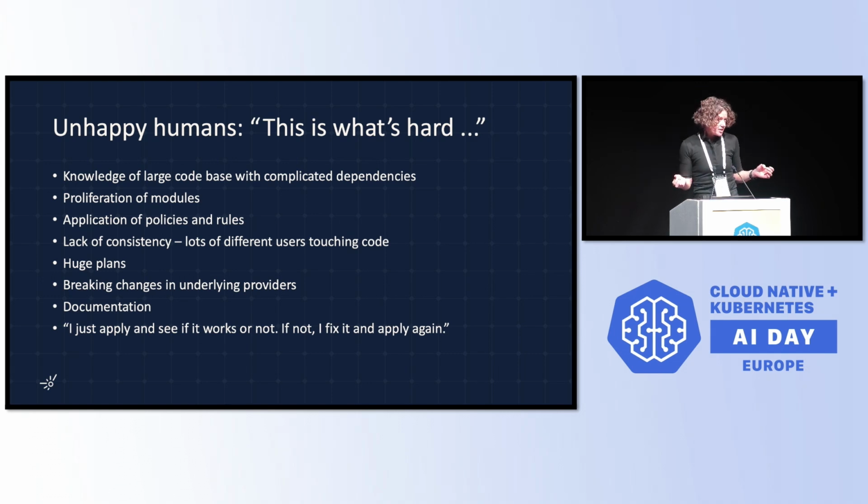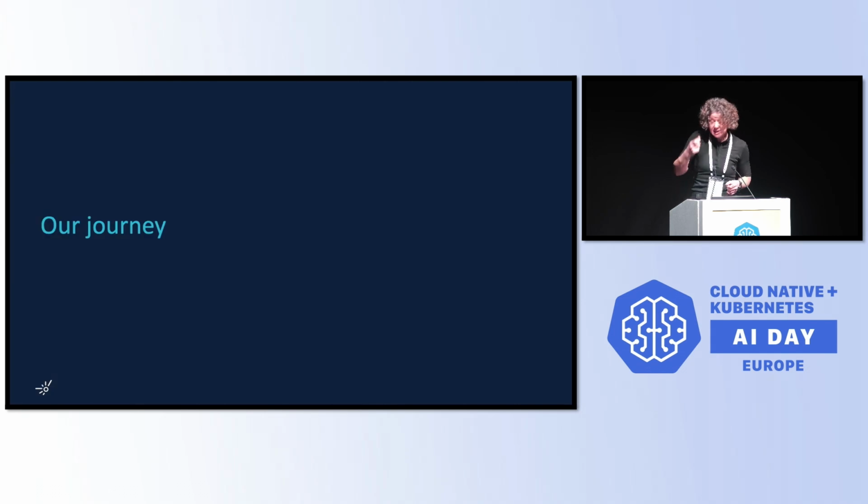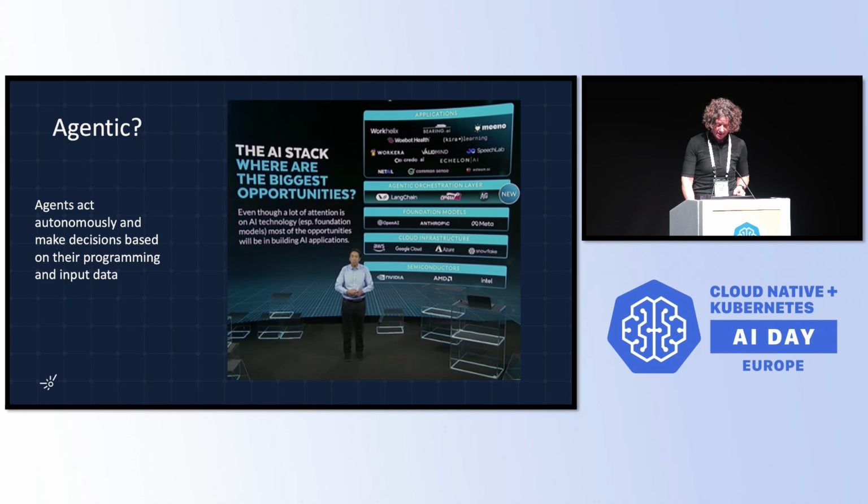And then there are often many policies and rules that need to be implemented and managed, and we need to make sure that they're applied with consistency throughout. I'm just going to touch on those, but notice documentation also comes in here, as do very large plans and such. Those are things that we can probably really effectively use GenAI to help with. So now we know our problem set, or at least we have a sense of it. How did we go about addressing it?